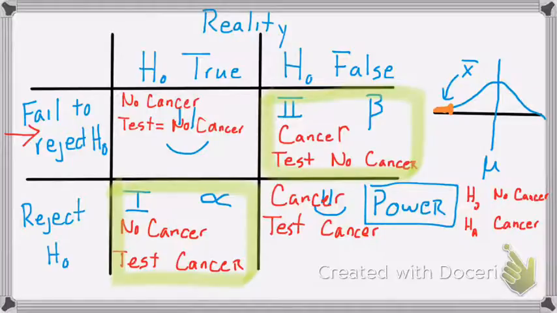Now, as far as which one is more serious, a type 1 or type 2 error, that's going to depend on the context of the problem. For this one, I would think most people would say for the individual, the type 2 error is more significant because, of course, it's a bad thing to have a disease that you're not being treated for. But for the cost of medicine as a whole, the type 1 errors have an equal problem because they can cause delays in